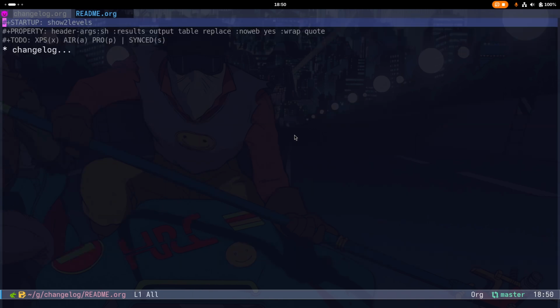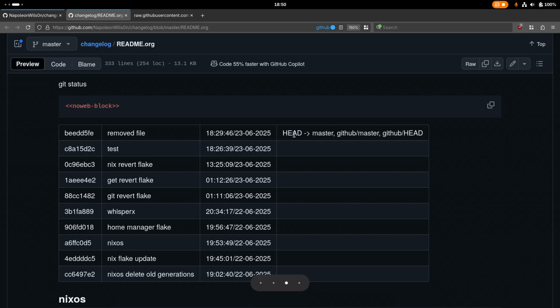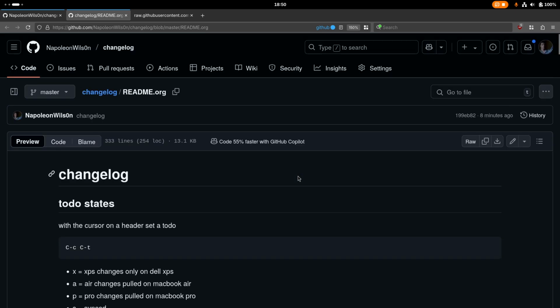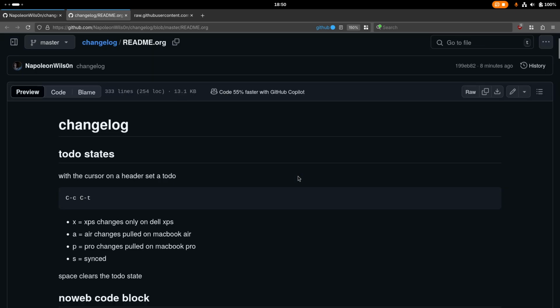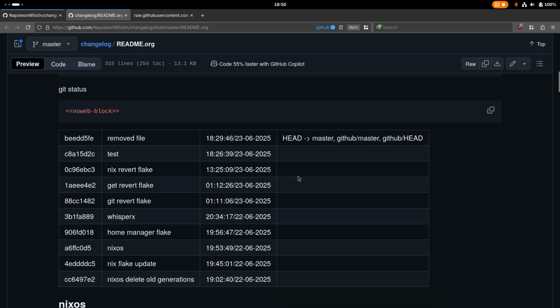And then finally, just push the changes up to GitHub, and you've got a nice little changelog showing the status of all your Git repositories. There were a few things that I needed to figure out along the way to get this working. The two main stumbling blocks were the expansion of the tilde in the noweb block using eval echo and then path, and the second one, which was a real bugger to figure out, was how to get the